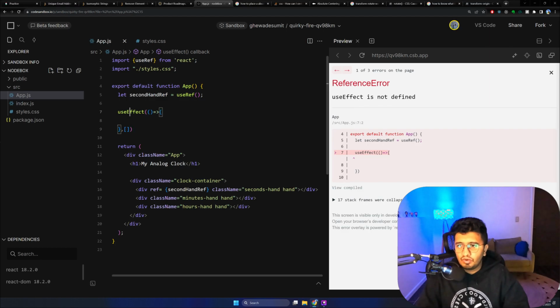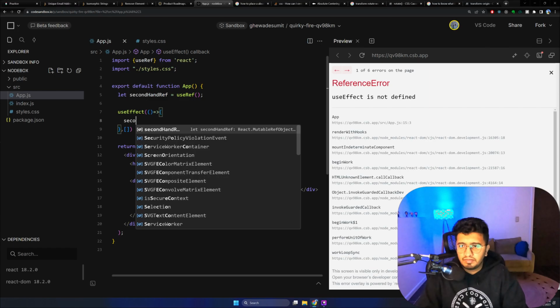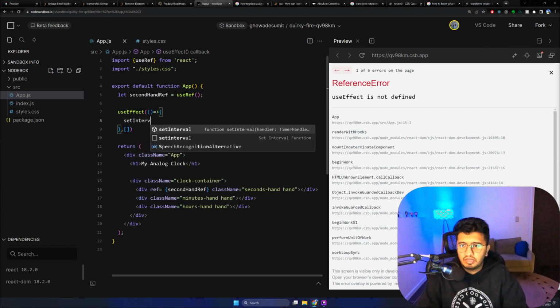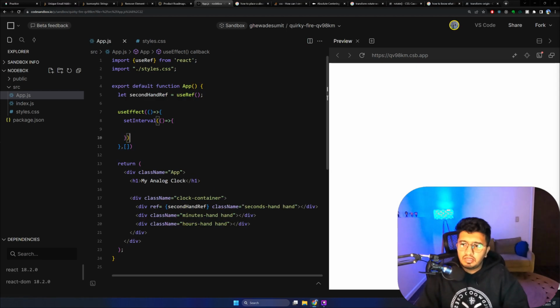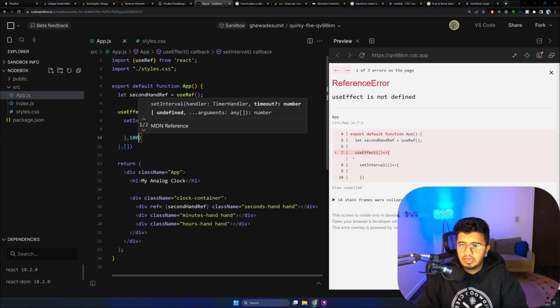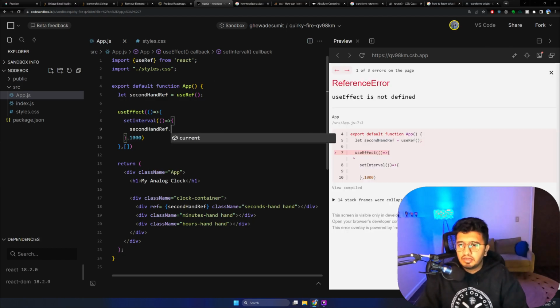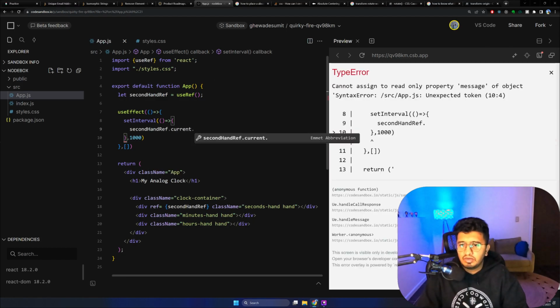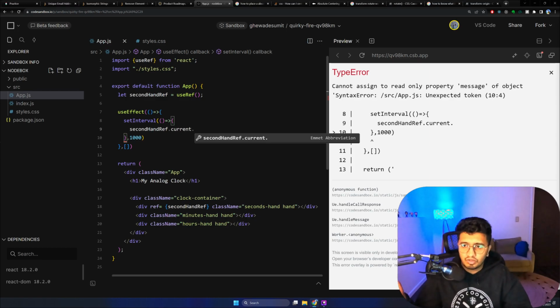on mount, once everything is mounted, I will set interval, and I will give it 1 second. At every 1 second it should move, right? So secondHandRef.current, I'm not sure how to access the document at this point of time, but